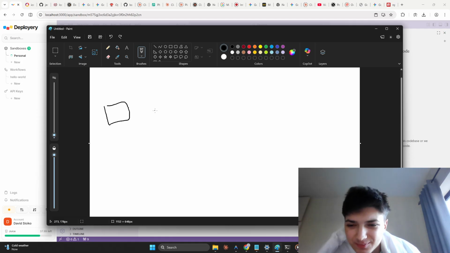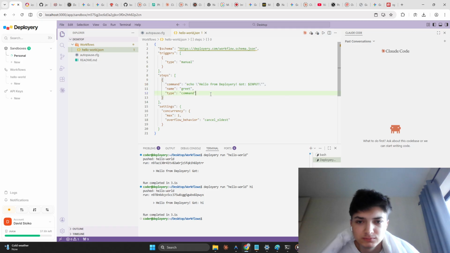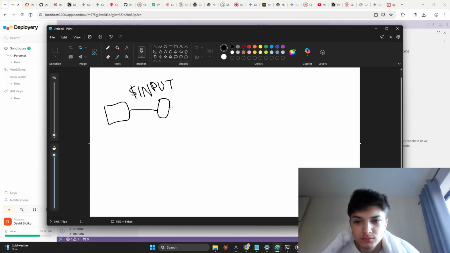But yeah, you have your webhook, for example, it gets hit, and then it sends the input to a step, and then this is your input variable. And then the step can be a command step, like this. And then it's going to give an output as the input, so the same variable, to the next step, if you wanted to.